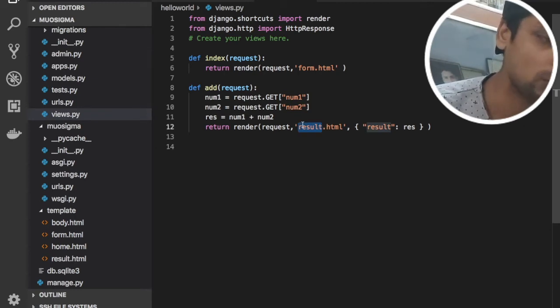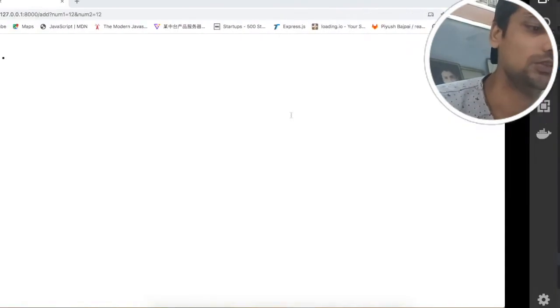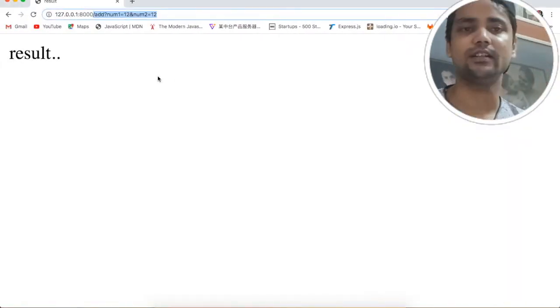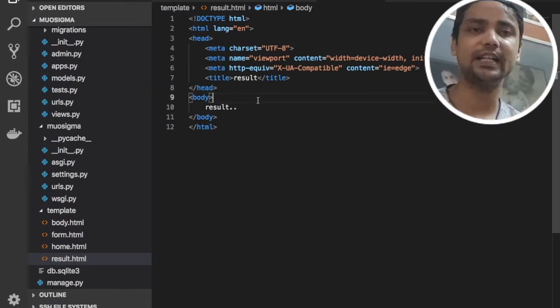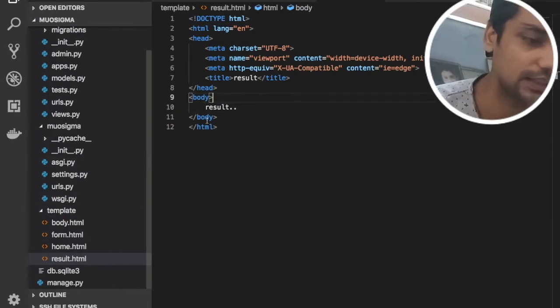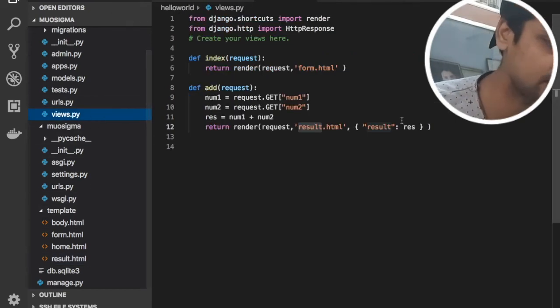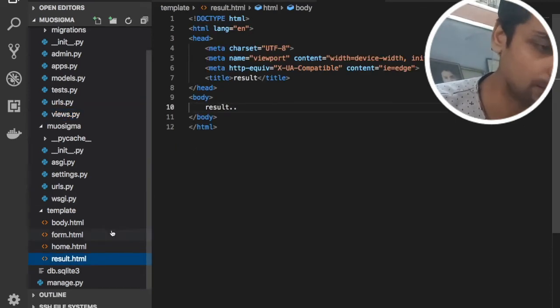Okay, so we will jump into the result.html file. So let's go inside the result.html file. As of now we are getting only the word result, right? So we are not getting any actual result. To fetch the key where we have the actual value from the dictionary, we need to do something here.